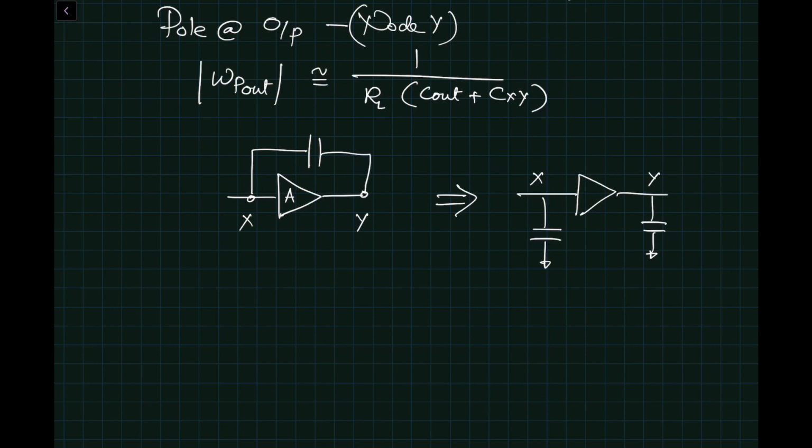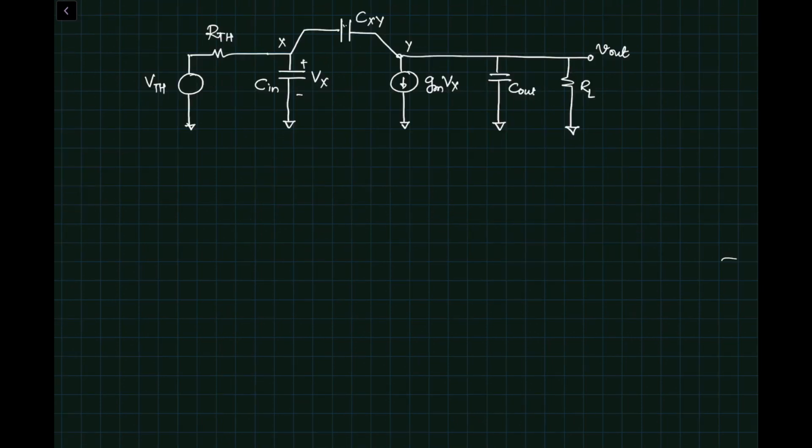So let's do that in this particular example again. This is our generic model. Now if we observe the highlighted portion, which is CXY, it shows a capacitance CXY connected across an inverting stage. What we talked about in the previous lecture was that it gives us a zero. Let's figure out the value of this right half plane zero. And the thought process was as simple as this.